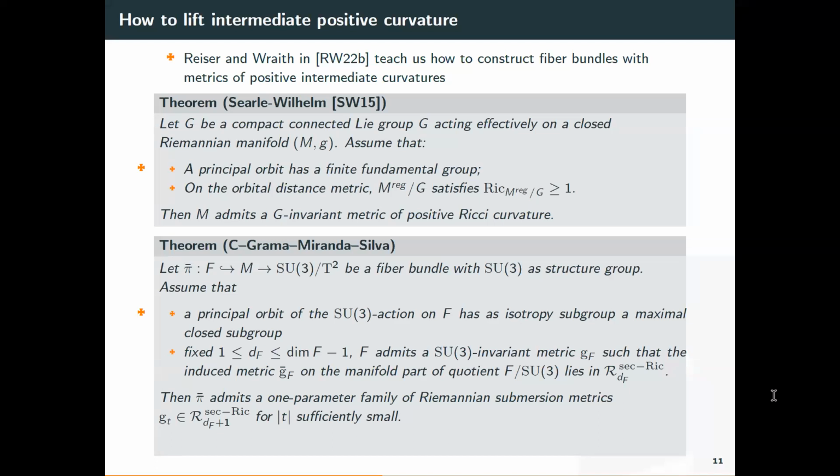But even more, it admits a curve of metrics with the solutions. But for some T star, this family loses this property of having d_F plus 1 positive curvature. And this is the submersion metric. And the construction of this metric, of course, we start with the Ricci flow on the base and construct connection metrics, having the metric with our assumption on the fiber, and then glue everything, and then we make the flow begin in the base. And because we know that the base loses this property, the total space shall lose this property at some point.